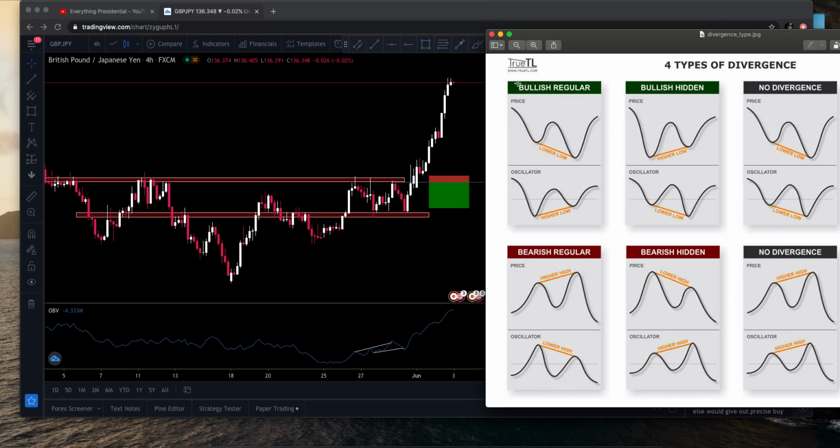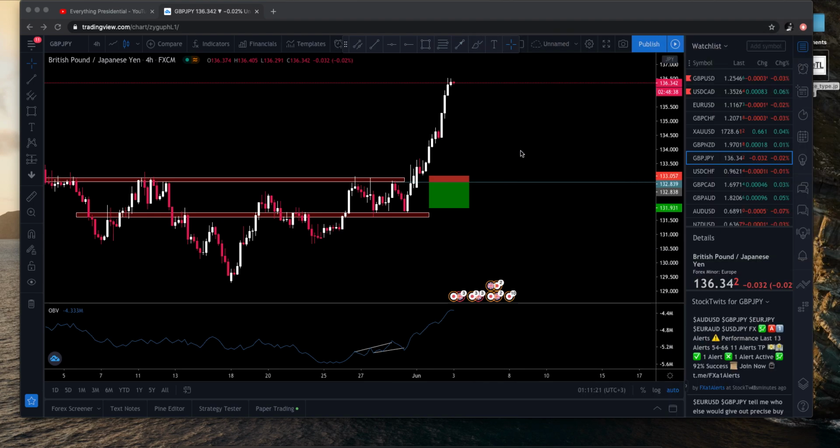Now, in my experience, the regular divergence is always more powerful and more trustworthy than the hidden divergence. Hidden divergence, you don't really know when it's going to happen, but if you see regular divergence, bullish or bearish, I am going to take this trade. Bearish or bullish hidden, sometimes I'm not really sure, but whenever I see regular, I'm pretty sure.